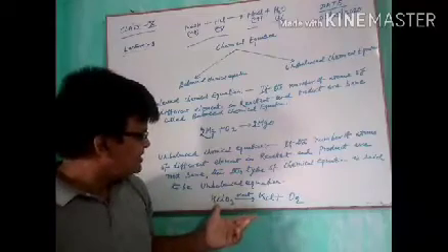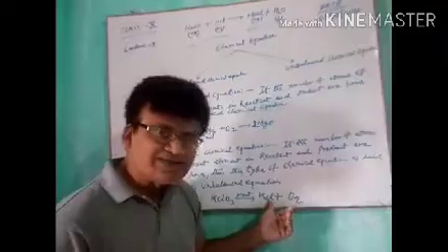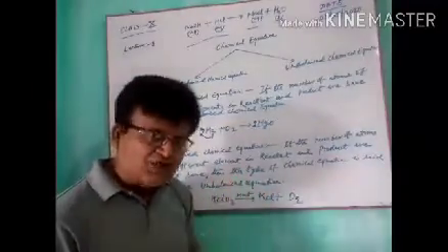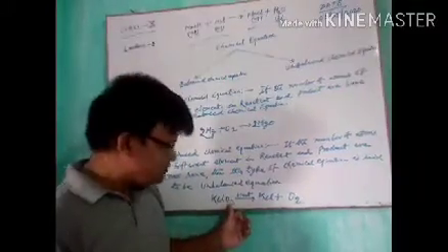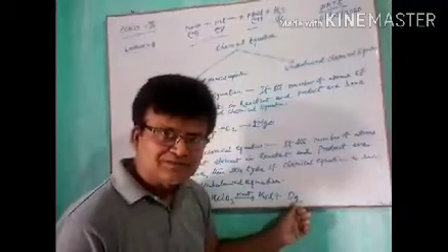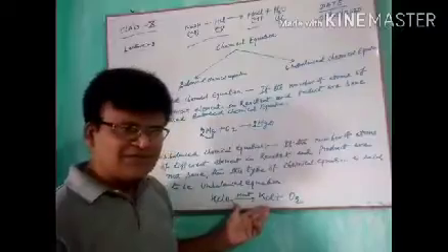Here we see that the numbers of potassium and chlorine atoms in reactant and product are the same, but the number of oxygen atoms is not the same in the reactant and product parts. In the reactant part the number of oxygen atoms is 3, but in the product part the number of oxygen atoms is 2. So that chemical equation represents an unbalanced chemical equation.